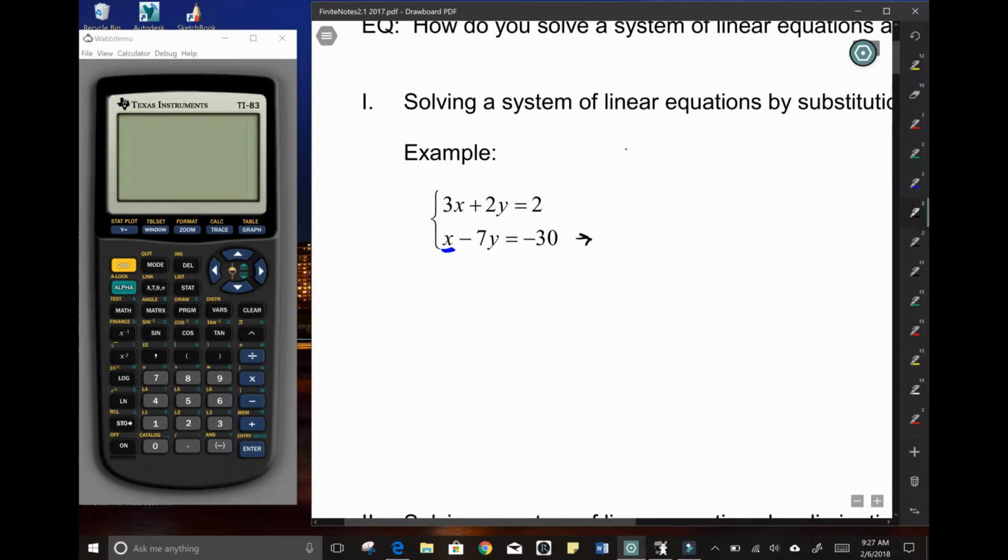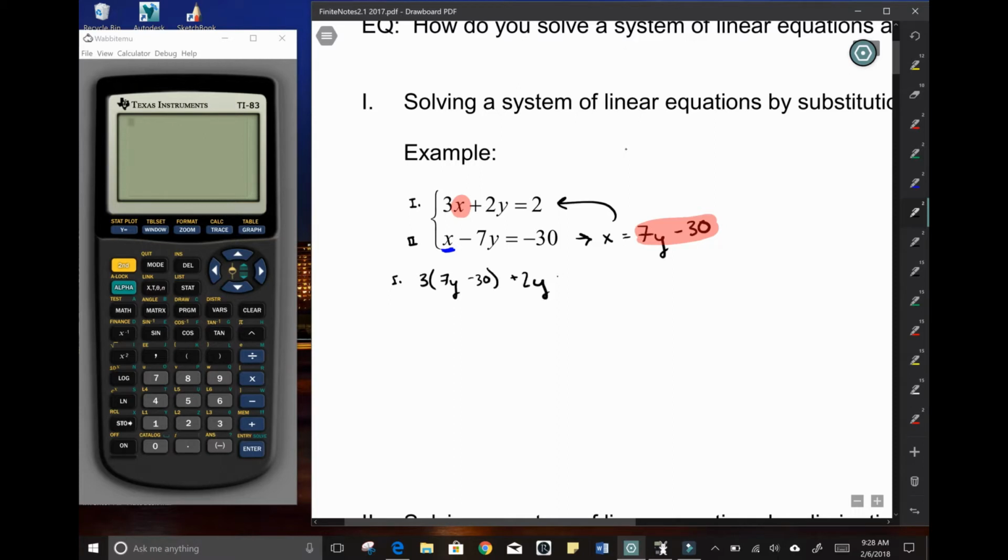I know it's set up for elimination, but simply we can solve for x and just have x is equal to 7y minus 30, and then we use that to substitute into the other equation. What you can start to do is label your equations and just think I'm substituting this x into equation 1. So equation 1 really is 3 times the quantity 7y minus 30